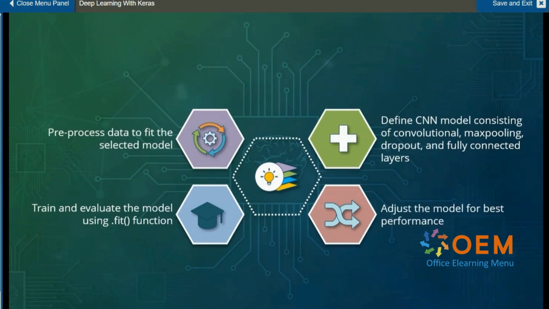Lastly, model improvisation. CNNs can be improved either by increasing the number of dropout layers, which basically introduce slight randomness in the model, by experimenting with the number of convolution layers, by increasing the volume of training data, or by more